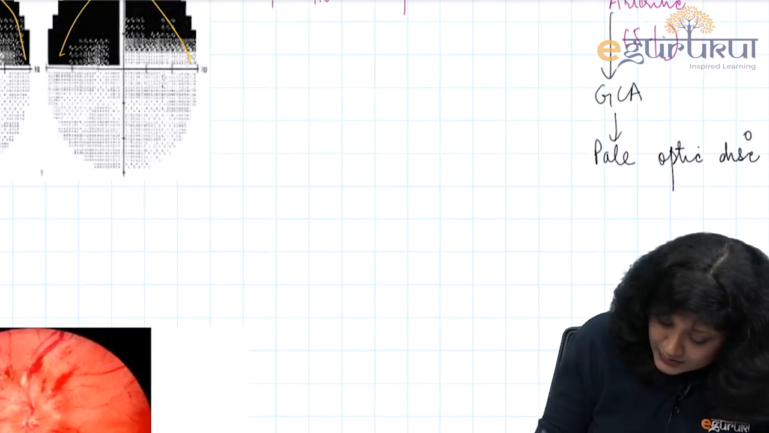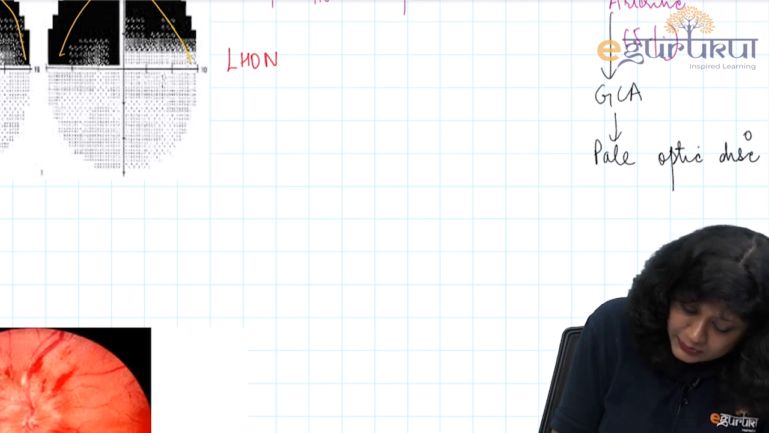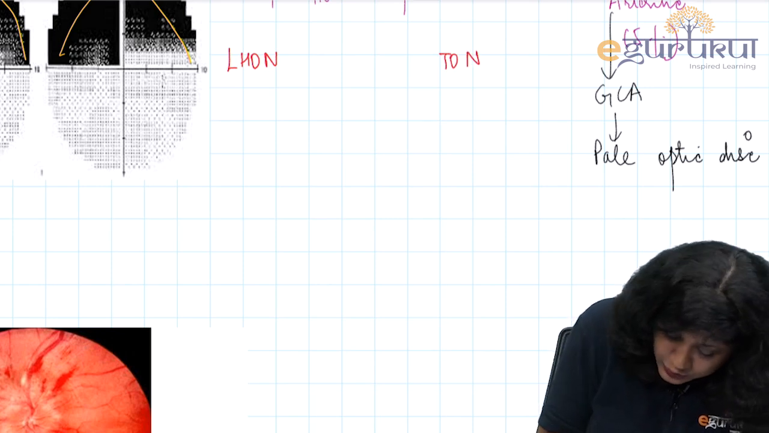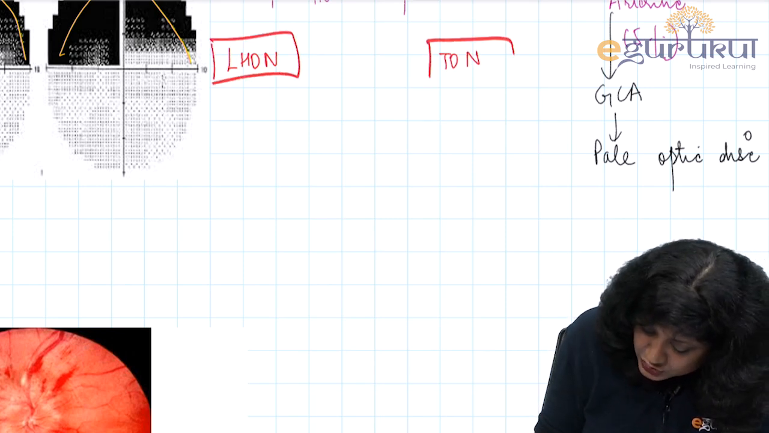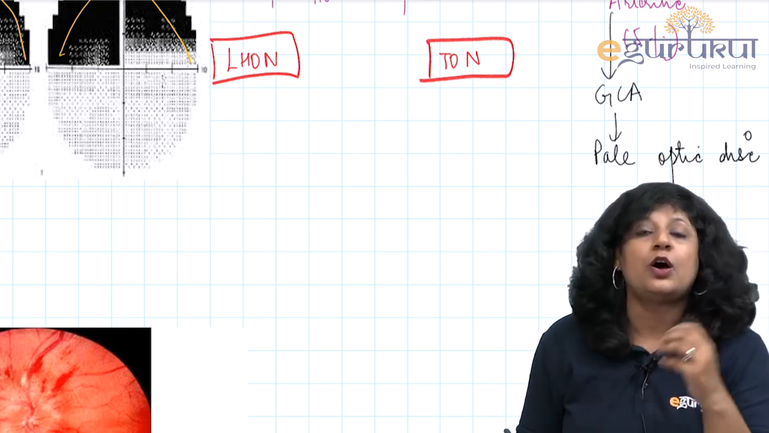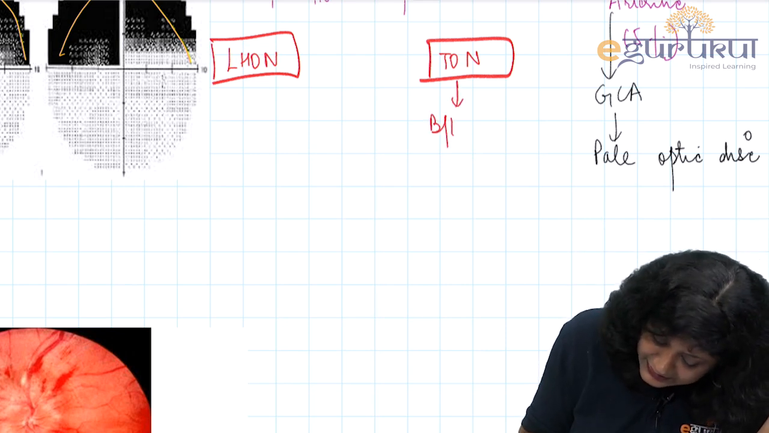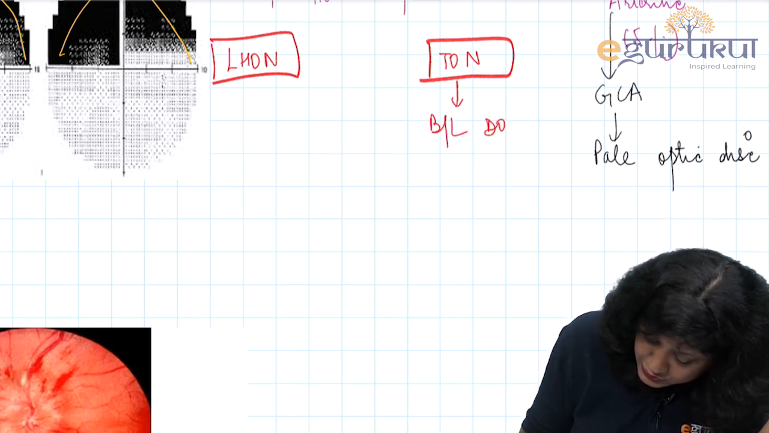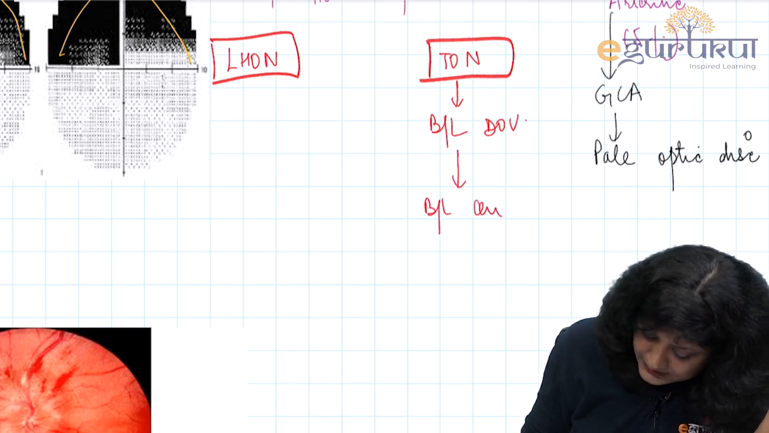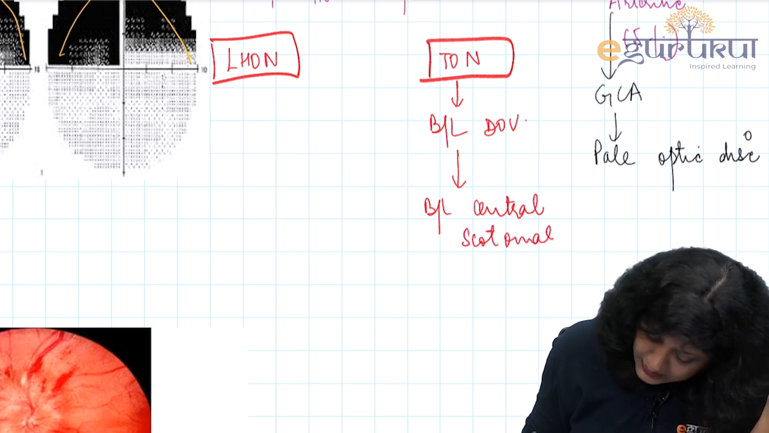One more thing. We have got two important conditions. One is your Leber's hereditary optic neuropathy and one is your toxic optic neuropathy. So, these are the two optic neuritis which are behaving somewhat differently. So, you have to look there. Usually, optic neuritis is a unilateral condition while this is a bilateral condition. So, we are getting bilateral diminution of vision here and also we get bilateral central scotomas or the visual field